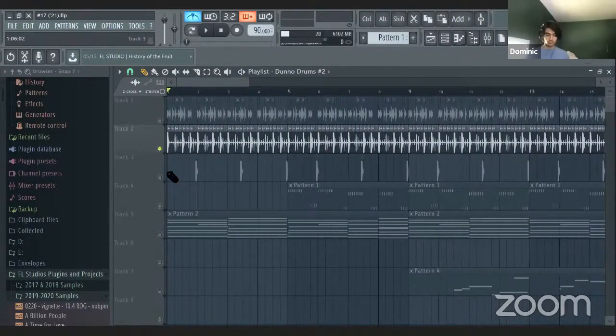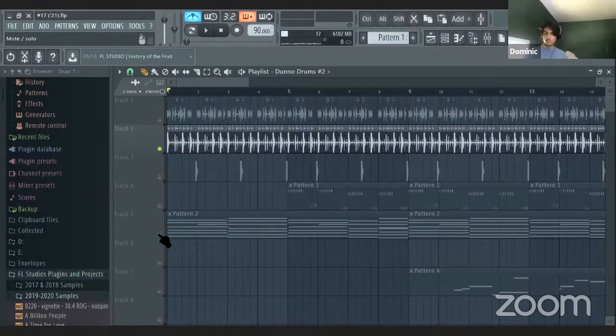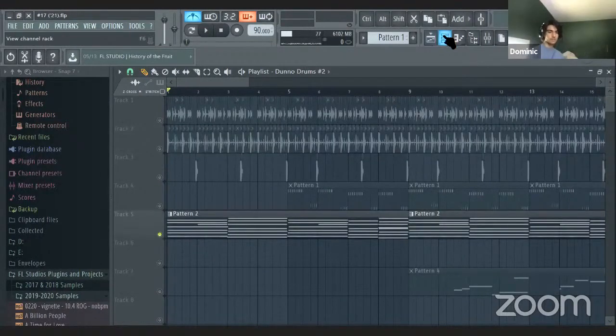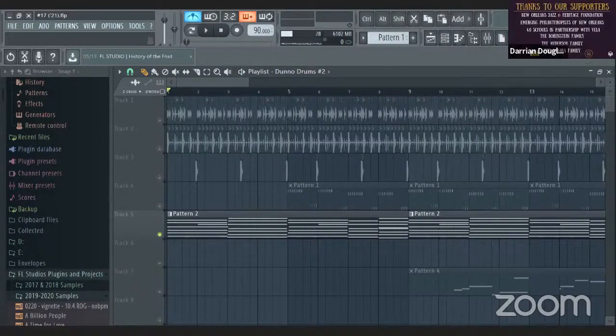Okay. Can someone tell me what I did to add the harmony? What's the name of the program, the plugin, that I use? Seth wrote in the chat.